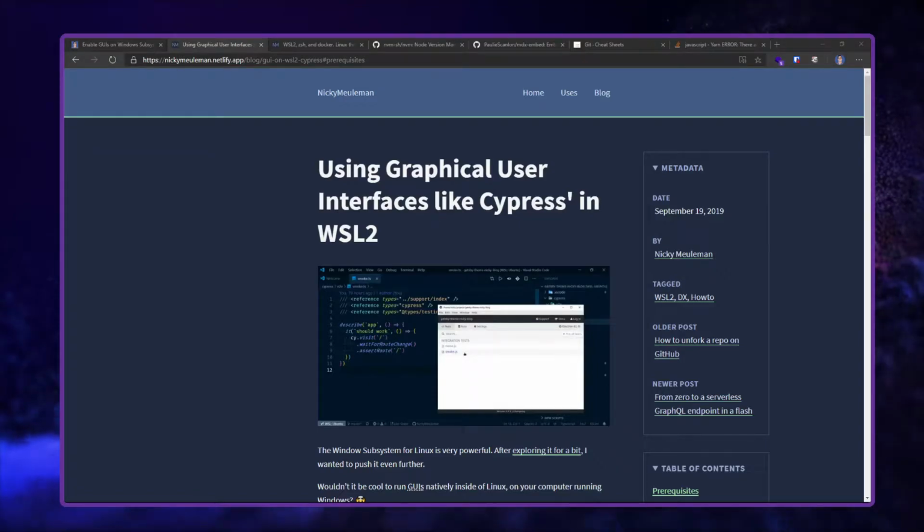Okie dokie. In this video, I'm taking a look at using graphical user interfaces like Cypress, Puppeteer, QA Wolf, Chromium headless in Windows Subsystem Linux 2. This is something which I've come across in the past, and I've just tried to get them working, but never had a great deal of success until I stumbled